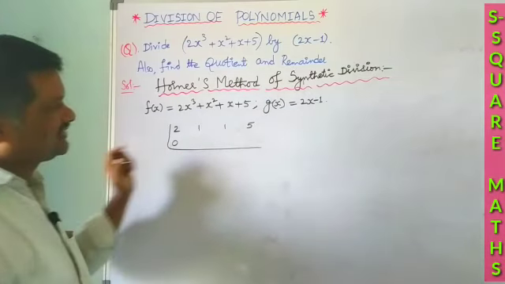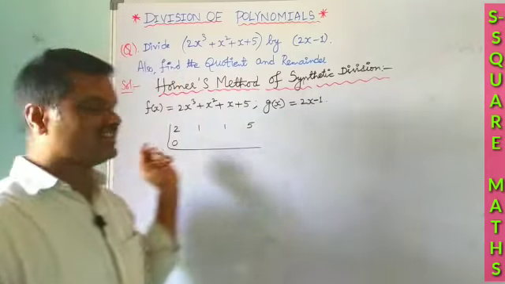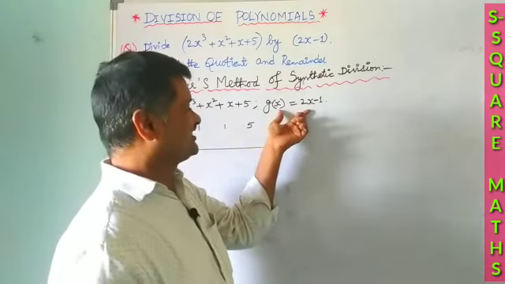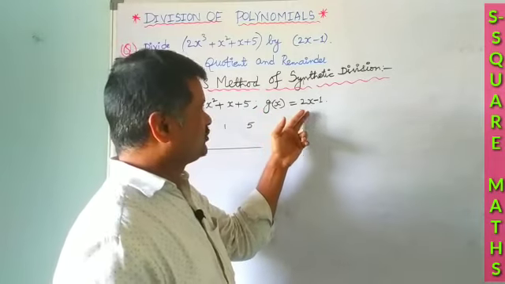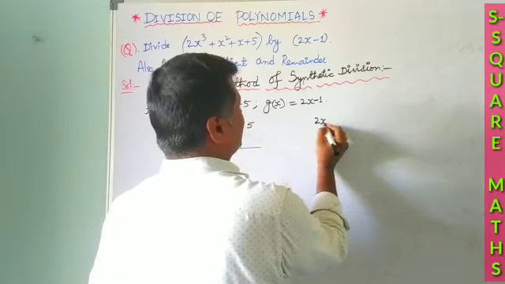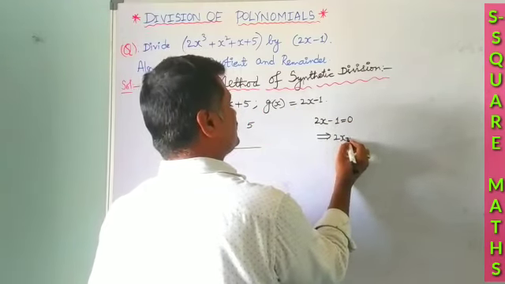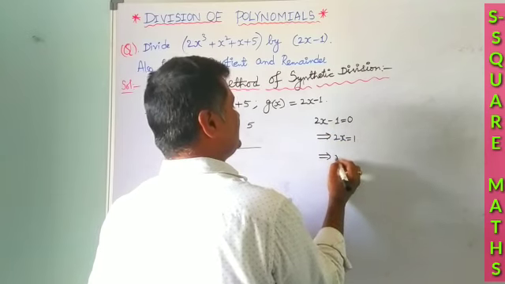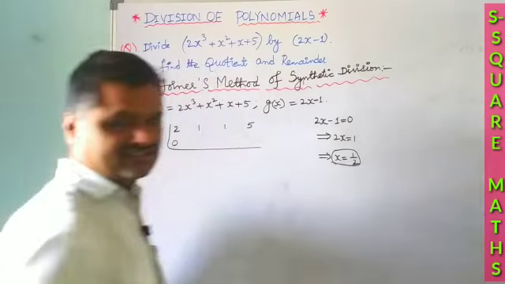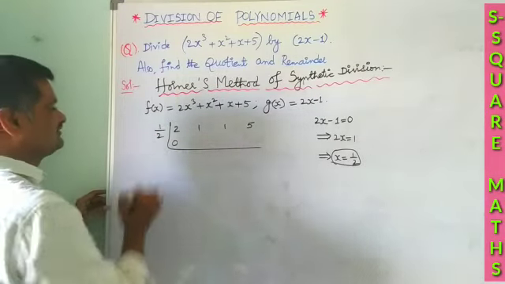Now a small doubt may arise for students: what is the zero of the polynomial we have to consider? Since our g of x is 2x minus 1, the coefficient of x is 2, it is not 1. So to get it, equate the polynomial to 0. So 2x is equal to 1, which implies x is equal to 1 by 2. This x equals 1 by 2 will act as the zero of this polynomial. So place 1 by 2 and proceed.